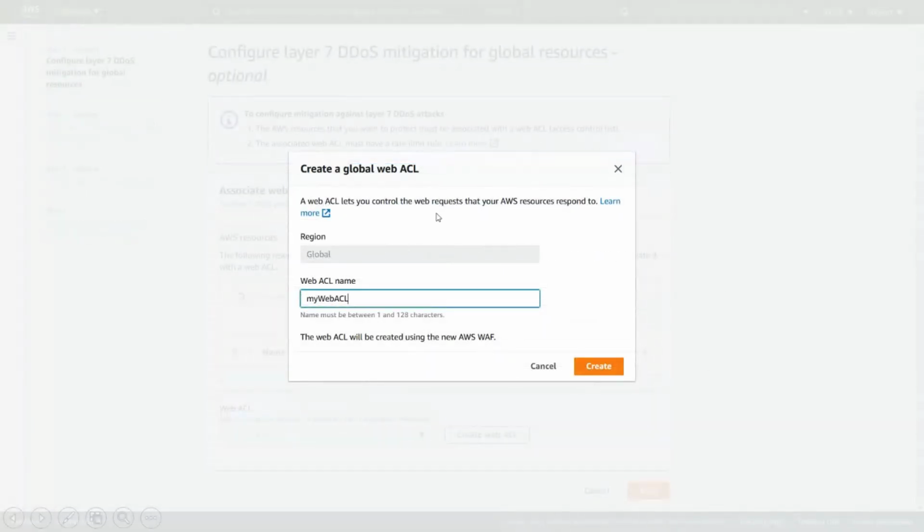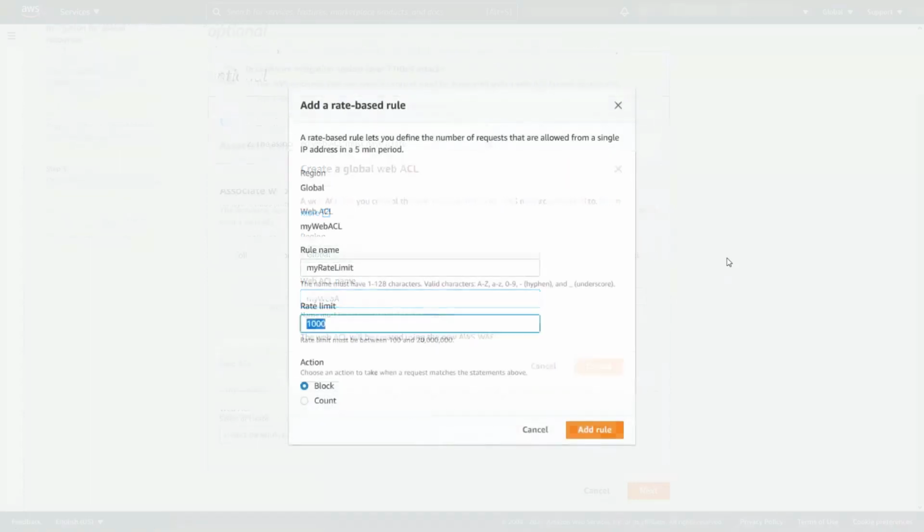And so what we'll do is it prompts you to create a very important rule within your web ACL. And you're naming the web ACL, and because we're covering the CloudFront distribution, it is a global service, so it automatically goes to global coverage. After you name the web ACL, when you hit create,